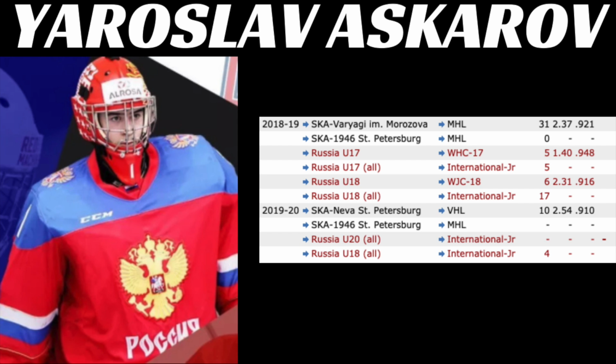I mean, obviously the Red Wings would be another great selection, but they're not going to pass up on Alexis Lafreniere, amongst the other teams. I just think the Devils are a great selection. Mackenzie Blackwood has a lot of potential, a great young goalie, but Askarov could be a franchise-altering kind of player. He'd likely stay over and play in Russia for a couple of years and could come over like his counterparts, like we've seen with guys like Igor Shesterkin and Ilya Sorokin. Hopefully he doesn't take as long as Sorokin to come over if he does go to the Devils,